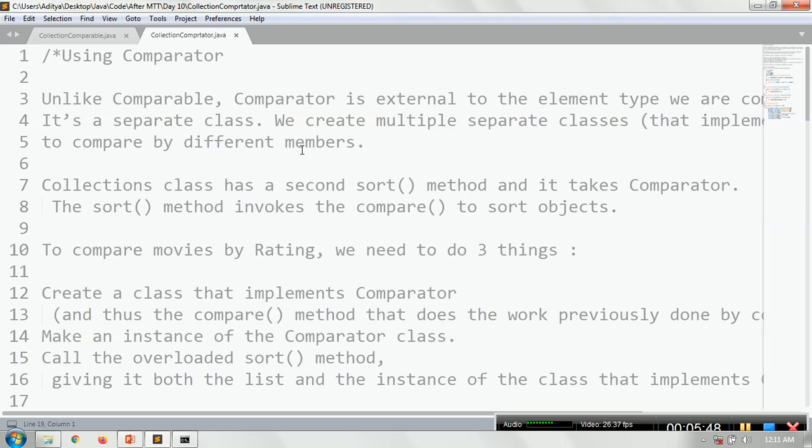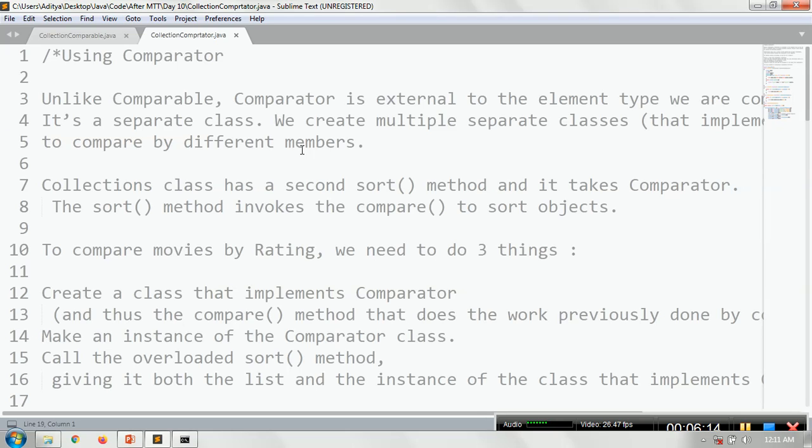Now one thing I want to let you know at this moment: whenever you use Comparable, the criteria of sorting is only one. In the previous example you are sorting only with the help of roll number. That is your criteria. Now suppose a user wants to sort your data on multiple criteria. Because you have only one option to write a compareTo method, only one definition of the compareTo method will exist.